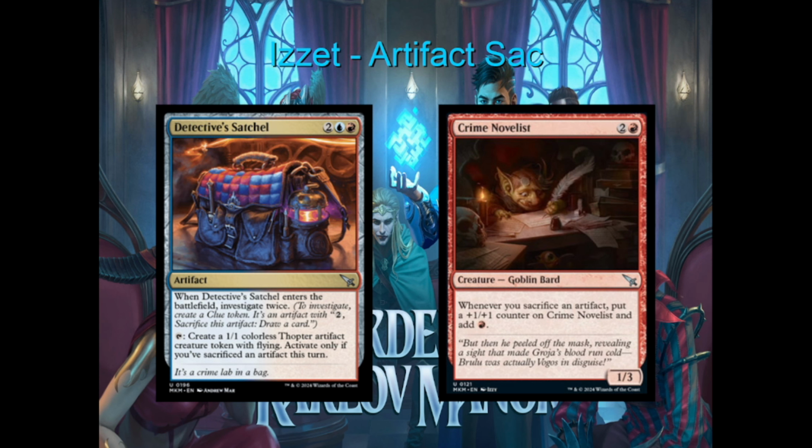Now you can only activate that if you sacrifice an artifact this turn, but if you load your deck up with these investigate triggers, then you'll definitely have plenty of clues to sacrifice that will then draw you into more investigate. And then you've got cards you can put in also like Crime Novelist. Whenever you sacrifice an artifact, aka a clue token, put a +1 counter on Crime Novelist, get yourself 1 red mana